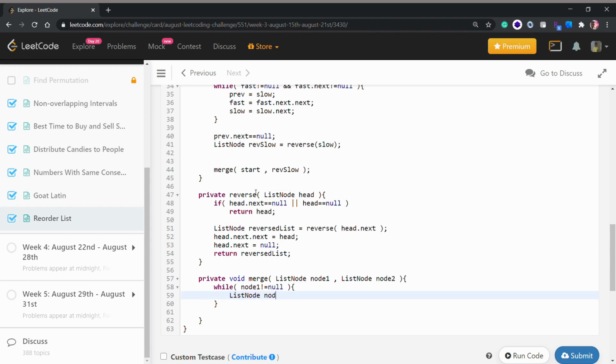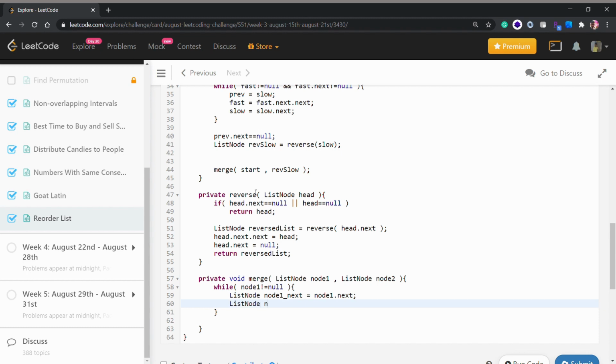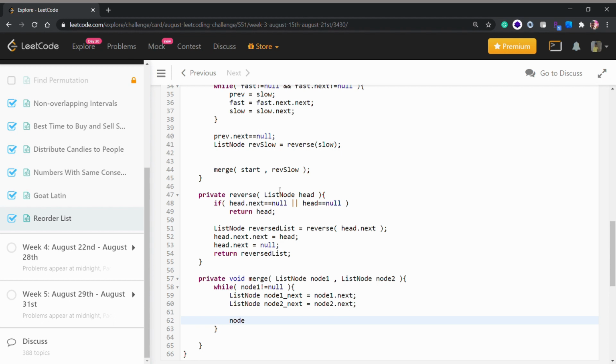we will have two list nodes: node1_next is equal to node1.next, and another list node, node2_next, which will point to node2.next. Okay, and now remember what we are doing here.